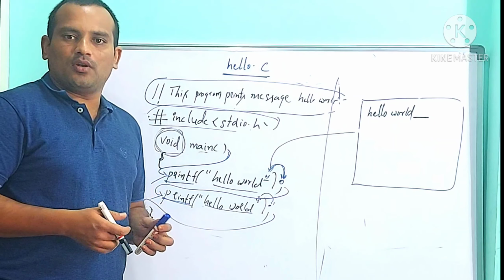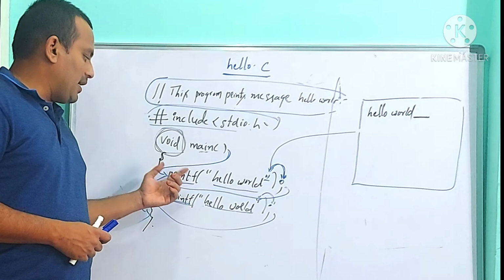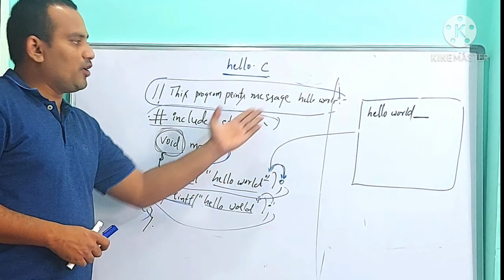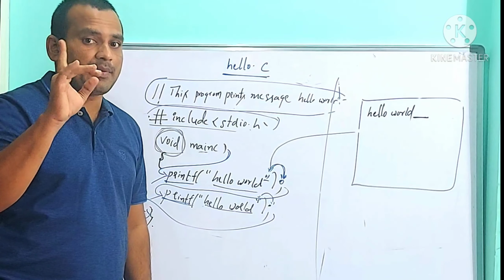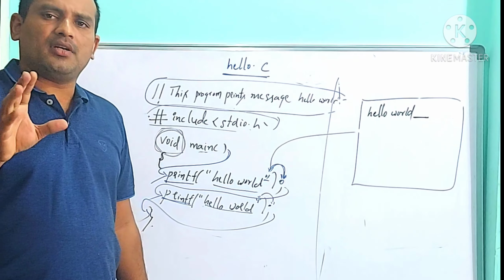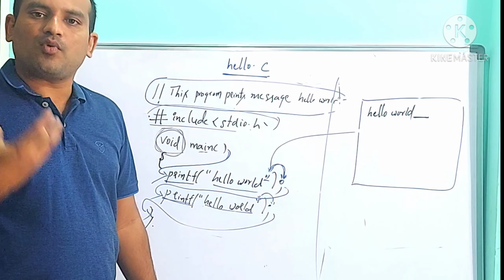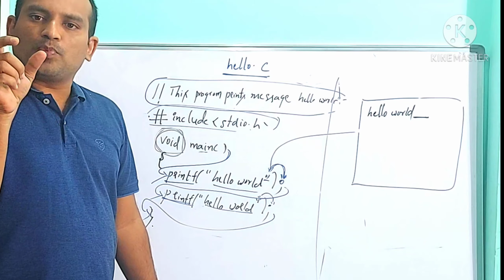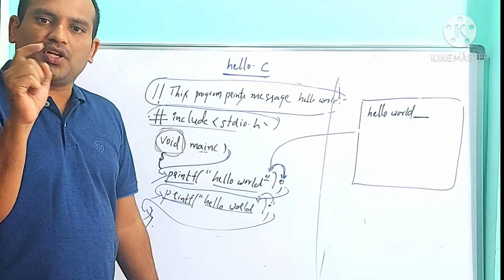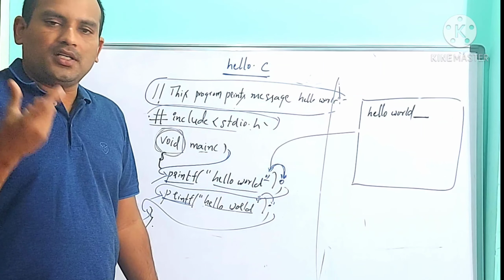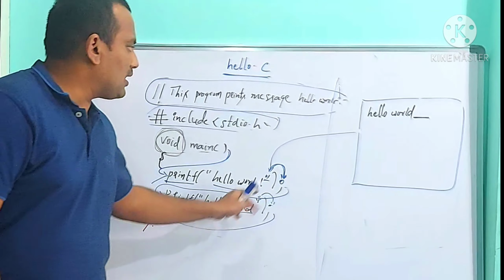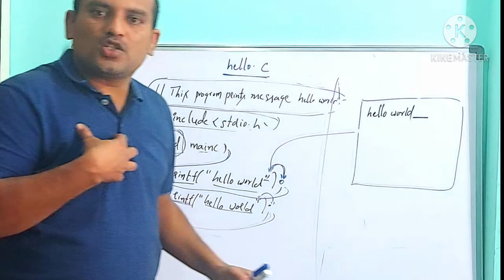How is it possible? Sir, I have written printf in the second line only, but the message is going to print in the first line only, based upon the cursor position. Remember, the responsibility of the runner is to print character by character at the output screen at the cursor position. So if you want to print the second hello world in the second line, what do I need to do?